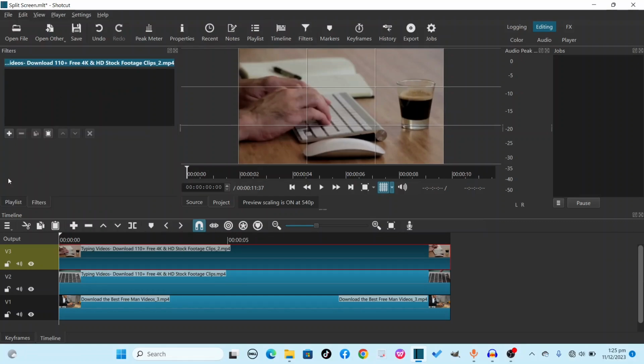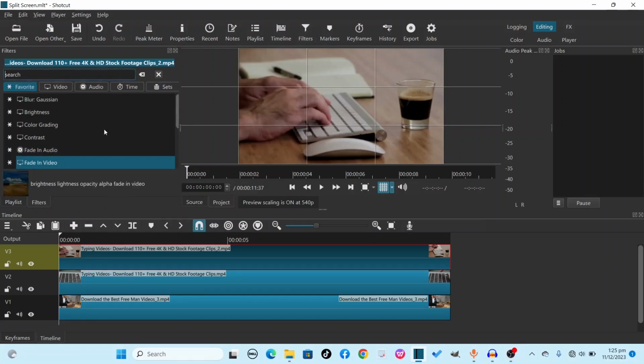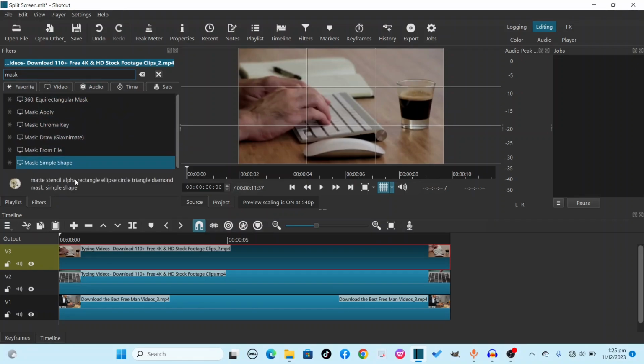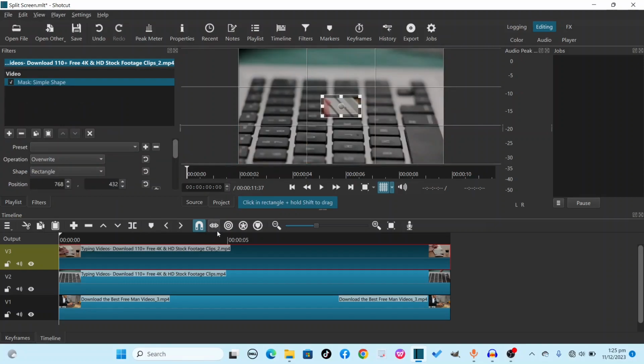Then under filters, you want to click on the plus button, then search for mask. Searching for masks, of course, you see these different search results, but what we'll be working with is mask simple shape. So I'll click on mask simple shape. Now you can see it has made the third video, the video at the far left,